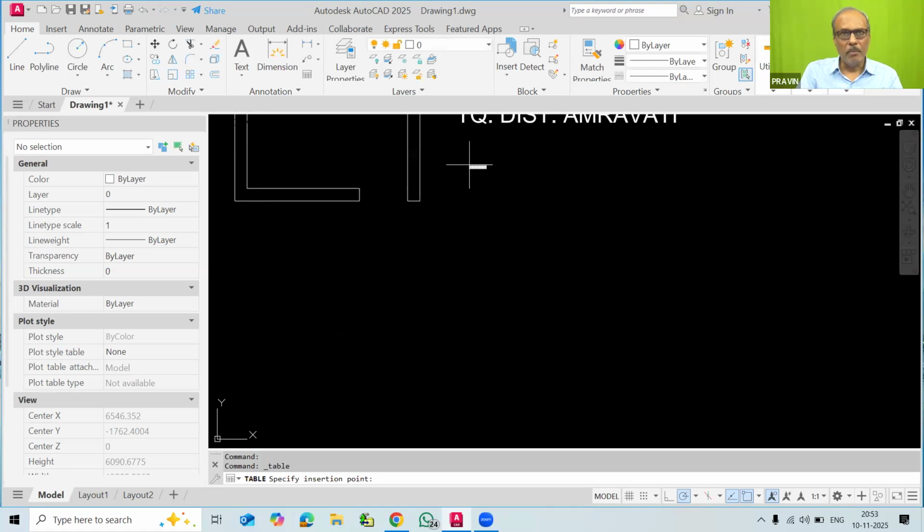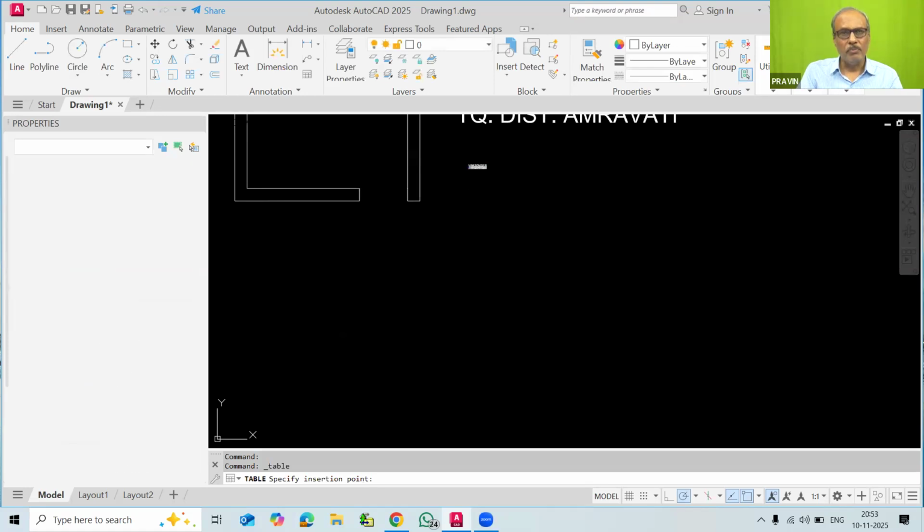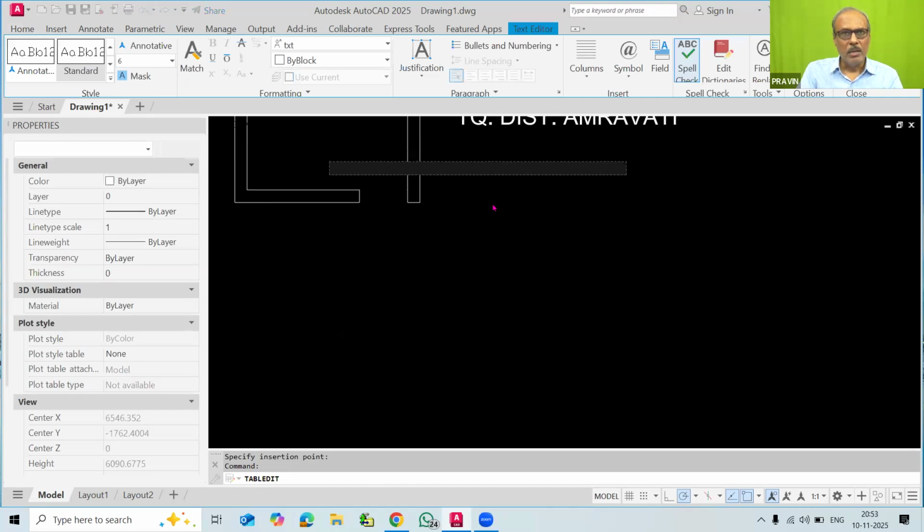And now I will drag my table here. So you can just see that as soon as I have placed that, now I have to type here. So I will just type here the table name, that is schedule of opening, OPENING. Now I will press enter. So it is asking me the another column name. So I will type here serial number. Now I have just moved to the another column, serial number.